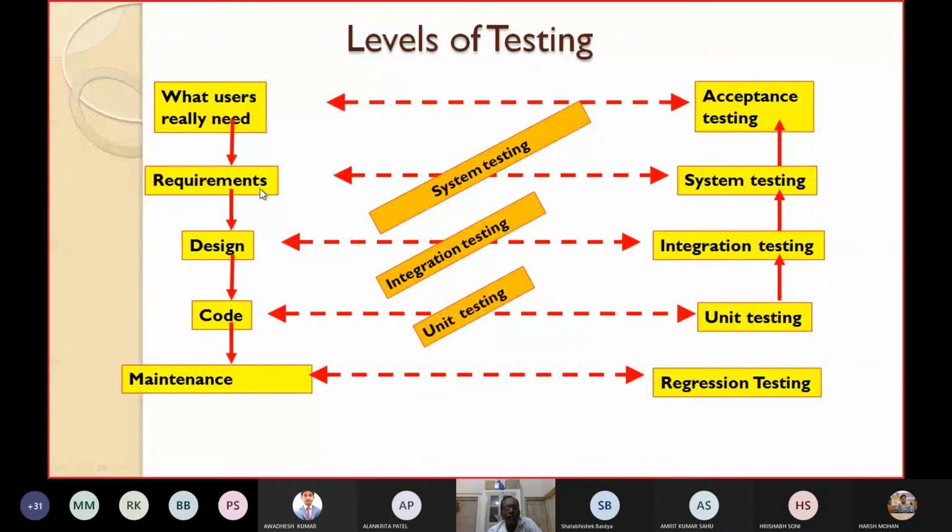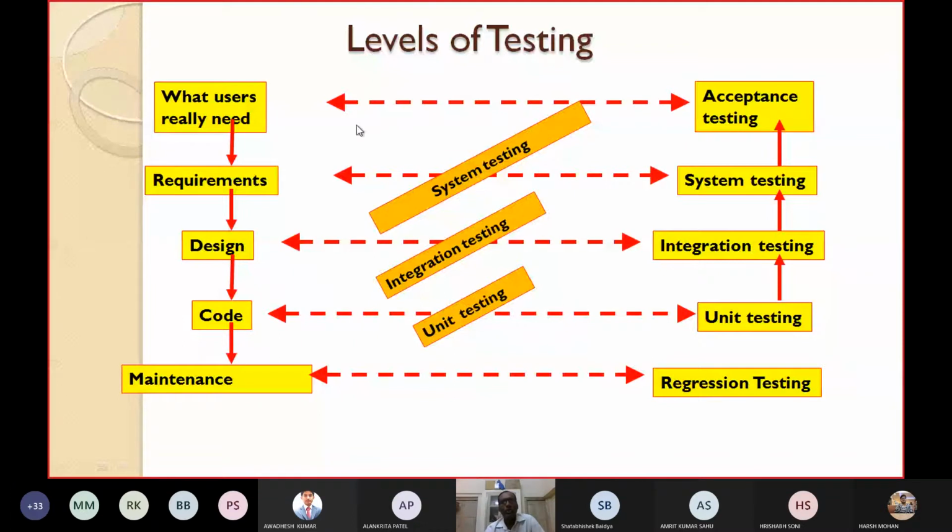And when we are preparing the SRS document, we have to see what the final product we are developing, whether all the requirements as mentioned in the SRS document have been implemented, fully met or not. In order to ensure that, we perform system testing. So requirements specification is associated with system testing. And finally, what the user has told earlier initially, whether he is getting the similar functionalities from your product or not.